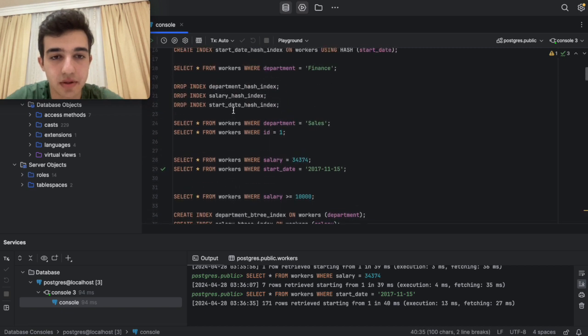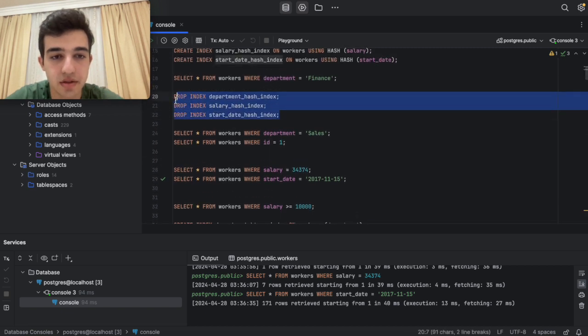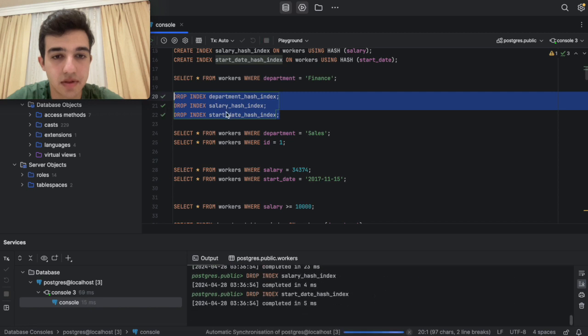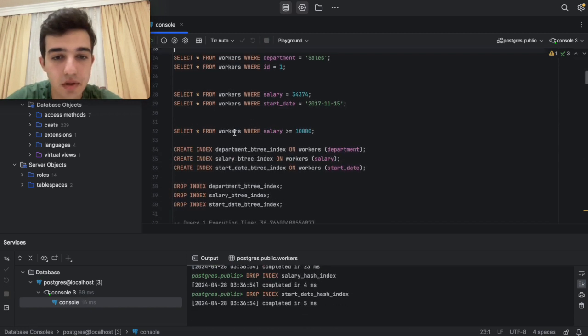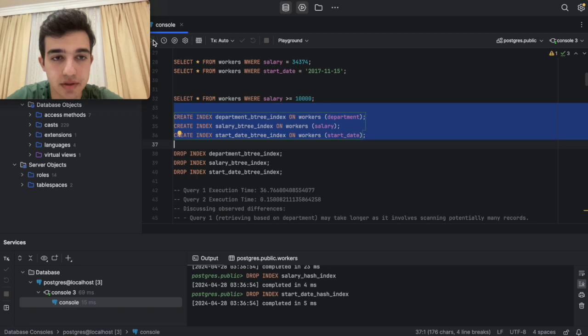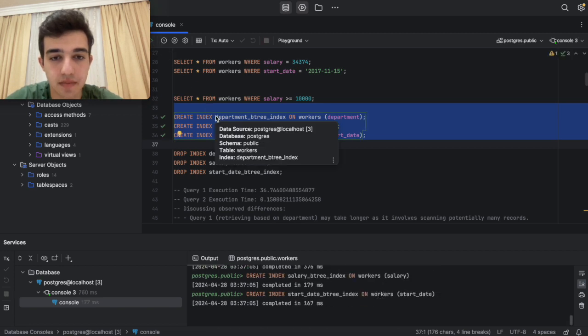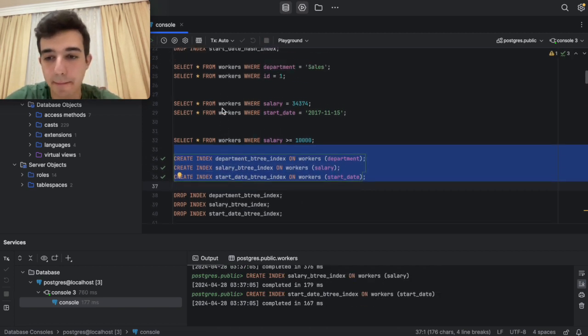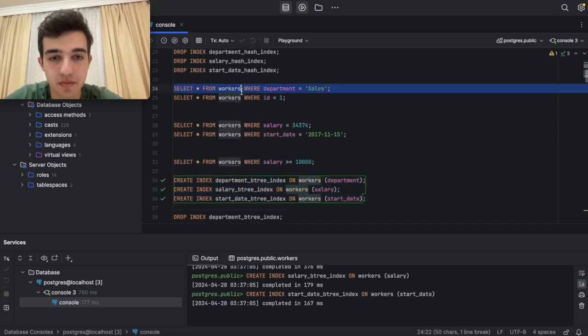first I need to drop the hash indexes because it will mix with the others. Okay, now I will create the B plus tree index, and then when I just start from this part,